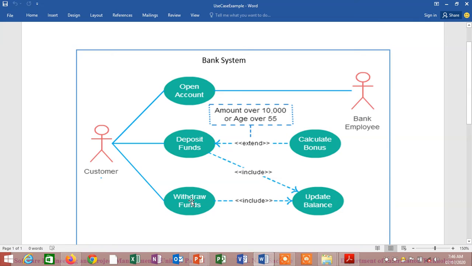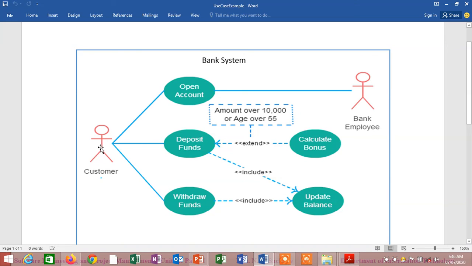Now here one more thing I would like to introduce. These are two extensions which are there: extend and include. So the connecting links which are already known to you. Now these relationships, that is extend and include, I would like to explain.